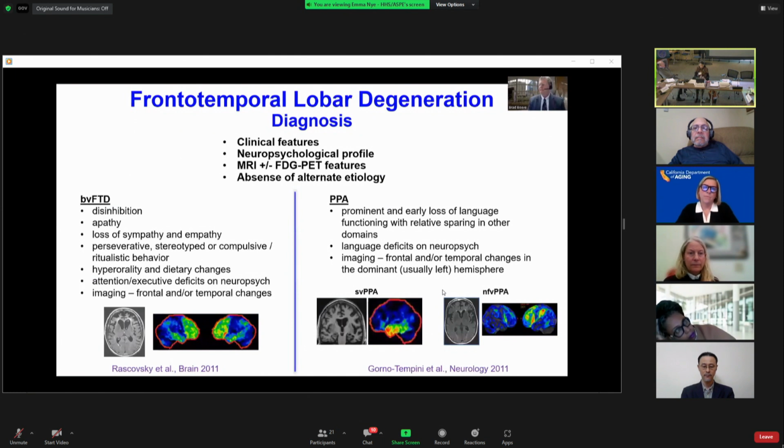How is a diagnosis made in the clinic? Again, it's typically delayed before individuals are seen by clinicians who are knowledgeable in FTD, but it's based on the clinical features, neuropsychological profile, imaging features, and absence of other explanations, especially on laboratory testing. And the key consensus criteria for bvFTD and PPA are shown at the bottom, but the core features of bvFTD